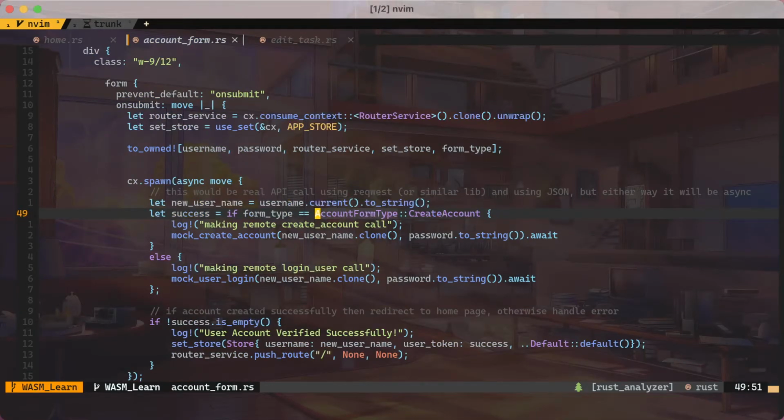One thing I want to mention that is not covered before is the toOwned. So this is another macro provided by Dioxus. What it allows you to do is to clone the value. Basically, you can either write username.clone, password.clone, router service.clone when you have to move any of these objects to the async method. So this just makes it a little cleaner, less verbose. Instead of writing clone and creating the object every time, you just use this macro, and internally, I think it is doing the same thing. So that is about the router